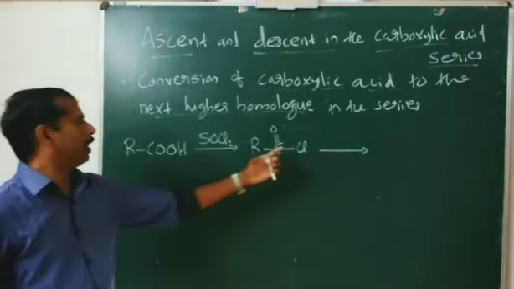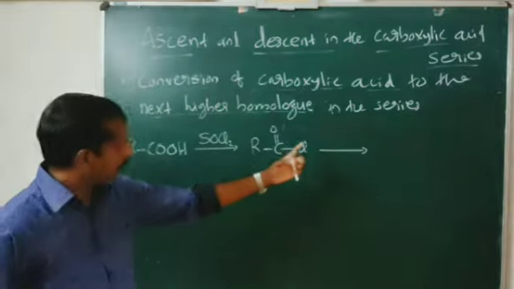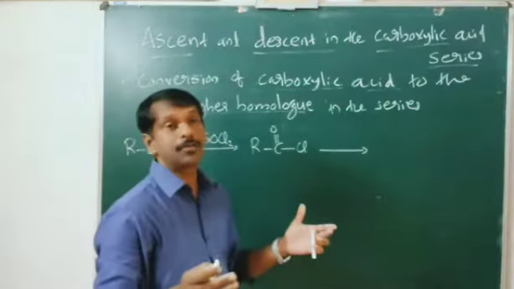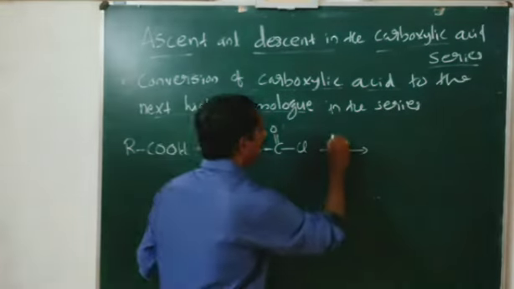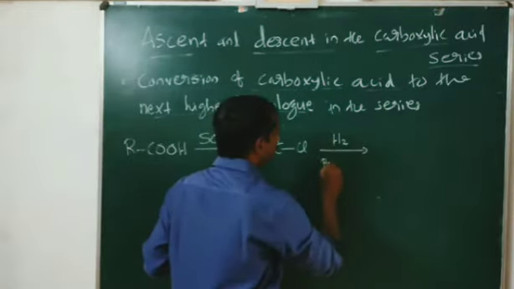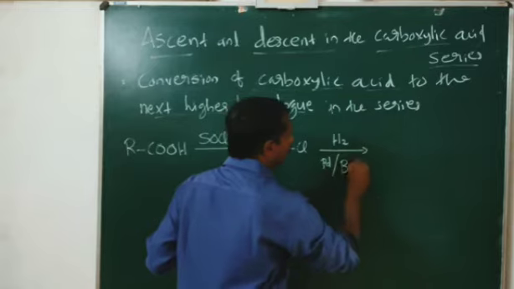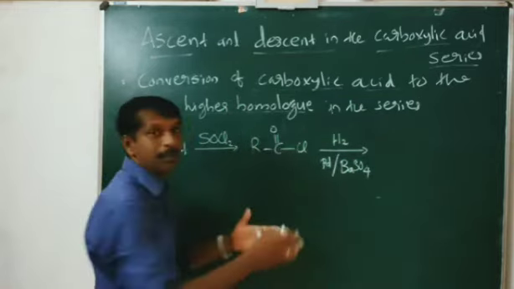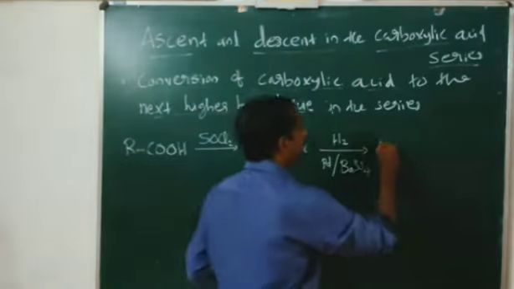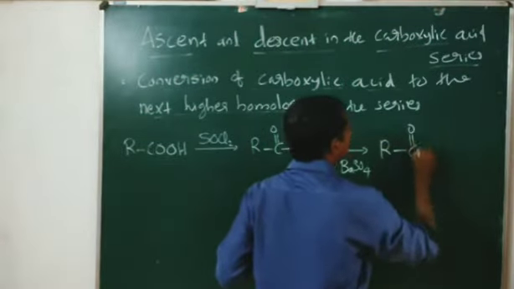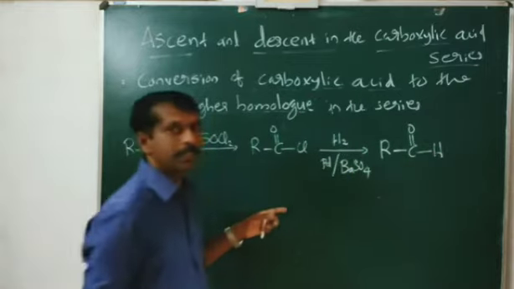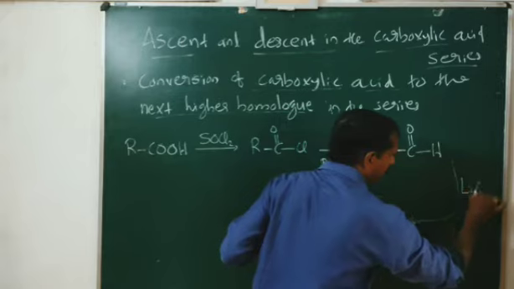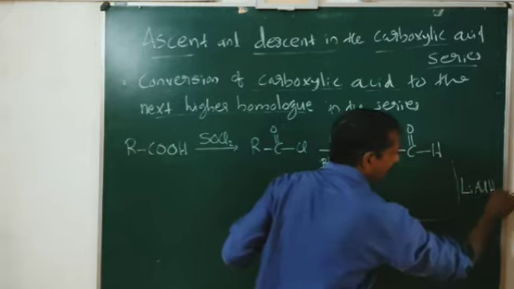First we get acid chloride, then this acid chloride is treated with, we studied that, Rosenmund reduction. That means reducing with hydrogen in presence of palladium and barium sulfate. We know that RCOCl will be converted to RCHO, aldehyde. Aldehyde we are getting, and in the next step this aldehyde is reduced with lithium aluminium hydride